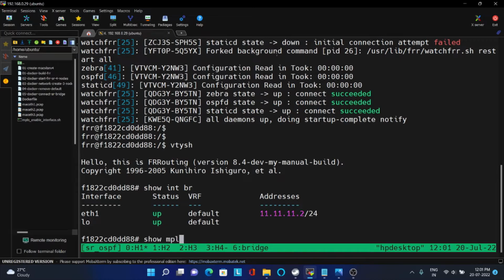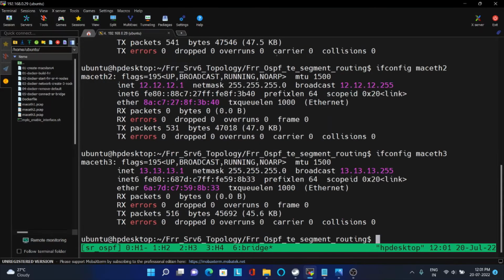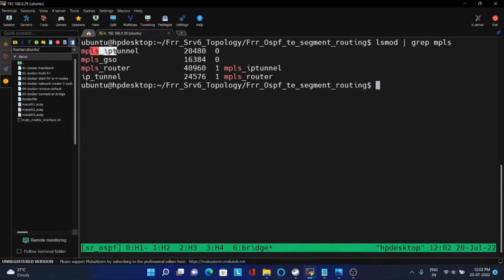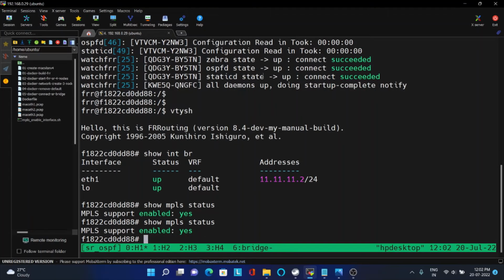So now you have to check whether MPLS is enabled. So now MPLS is enabled and you have to enable MPLS IP tunnel, GSO and MPLS routers. So only when you enable this, the status will be on. So now we will start to configure normal OSPF and we'll try to check how it works. Then on top of that we'll create an